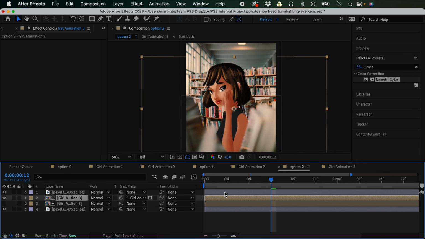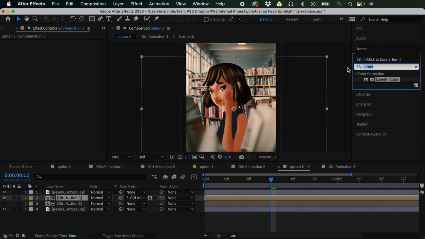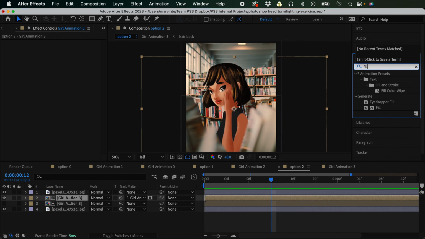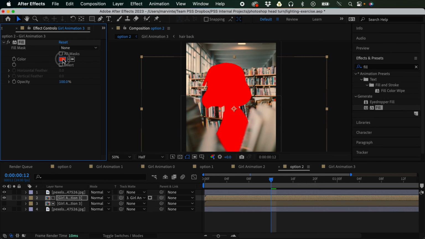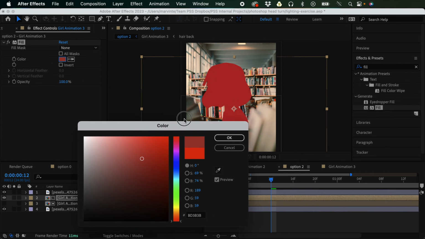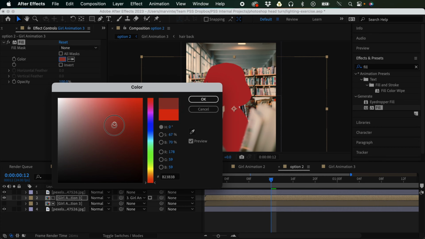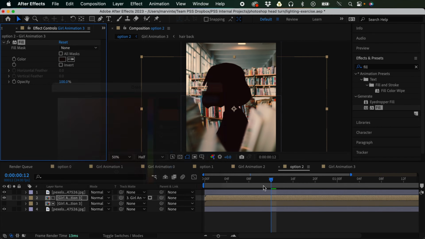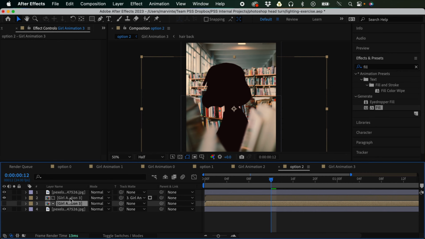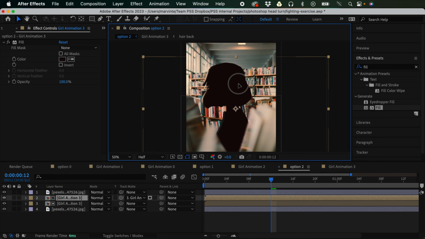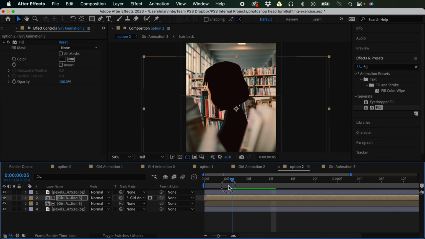Now for the one on top, I'm going to apply a fill effect to this, and I'm just gonna make this dark for now so that you could see, right? And I'm going to reveal the layer below. So if I'm gonna move this one, you see that we're masking out the sides, and that's good and all, but